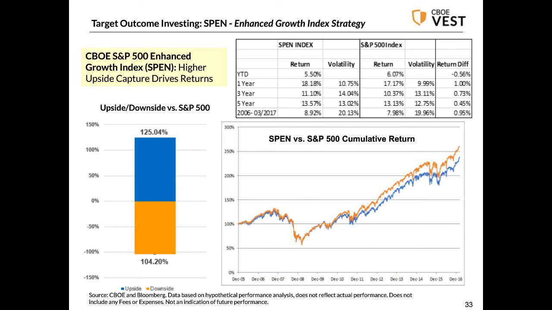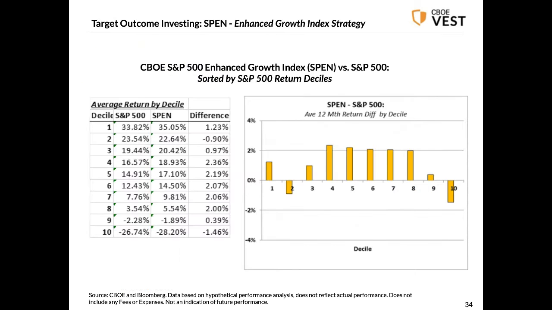So here's some return results from this index that you can find on the Cboe benchmark strategy website. And what you see here is some of the things I've been talking about, so that the upside is greater than the downside, upside participation of 125%. The return differences from annualized S&P returns are in the neighborhood of about 1% a year for the 10-year time period. But what is interesting is that the periods of outperformance are really highest in those moderate return markets.